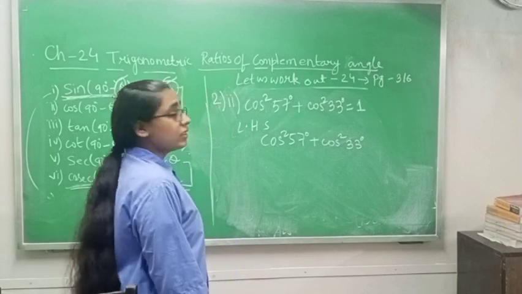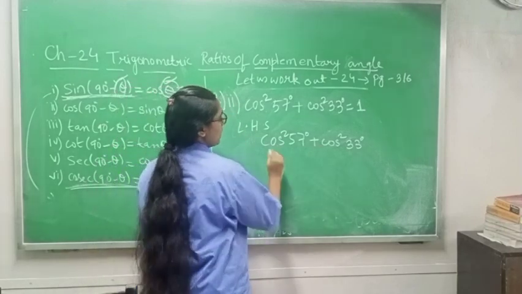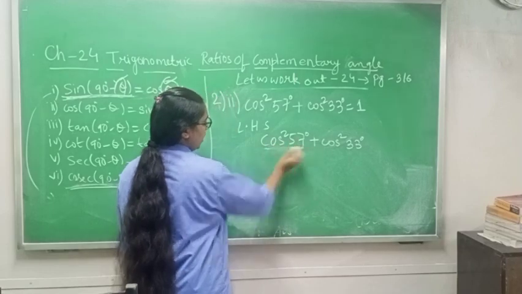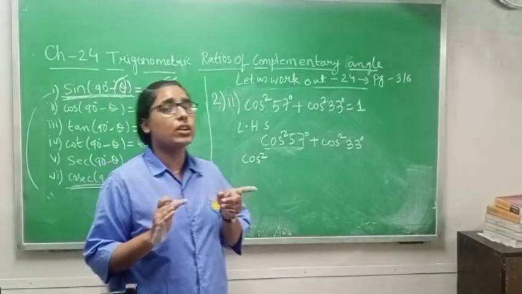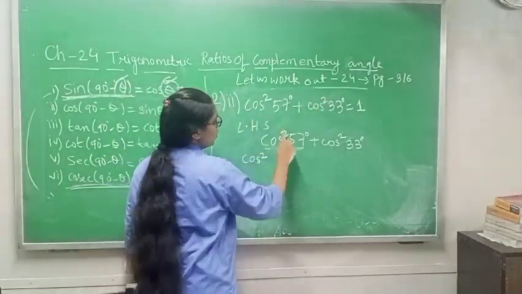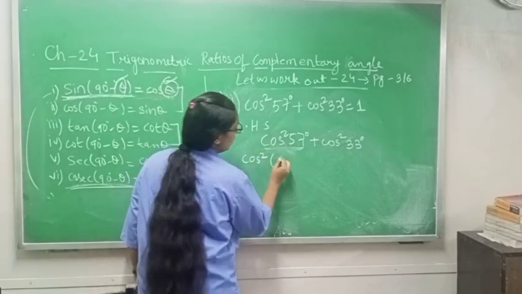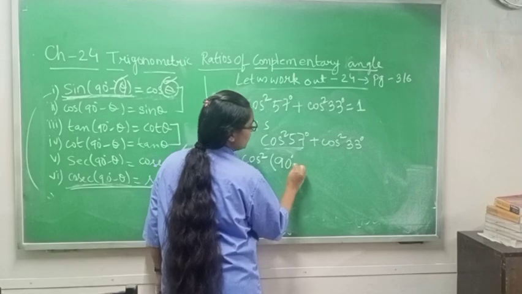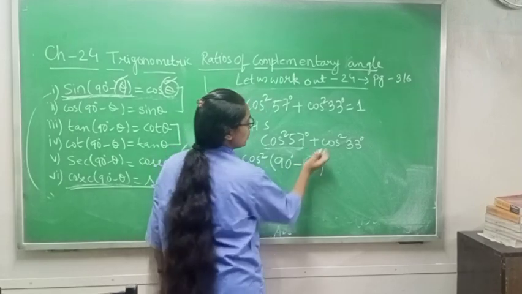Okay? Now after this, what will you do? You have to change any one of these. I am changing this one. So what will I do? I will first write cos square. See, in this question, square is given to you. You have to write this square. In the question, square is square. So I am writing cos square as it is. After this you will write 90 degree, then you will give minus sign, and in this place you have to write any value which is equal to theta.